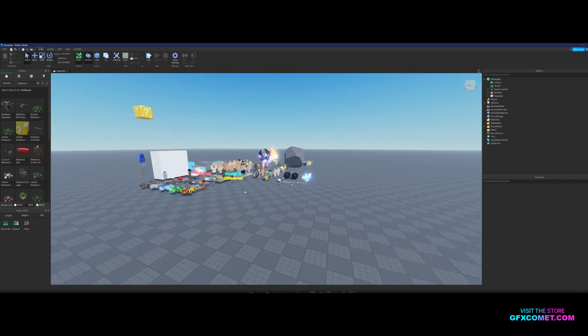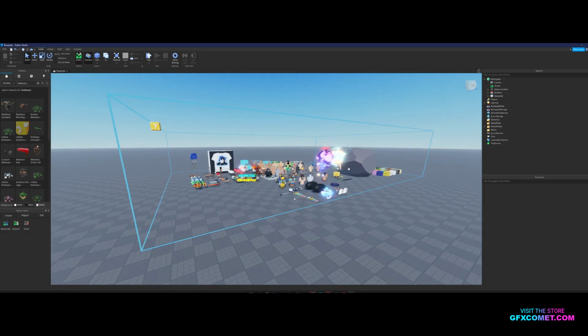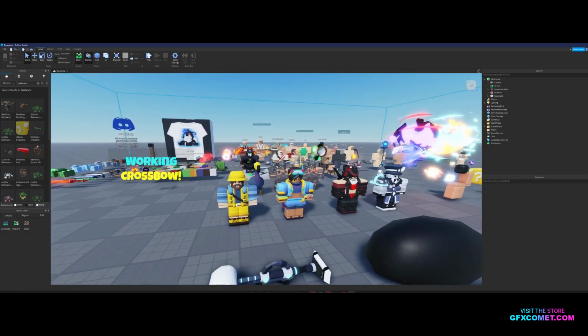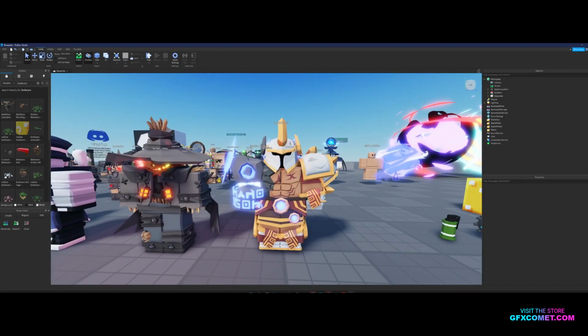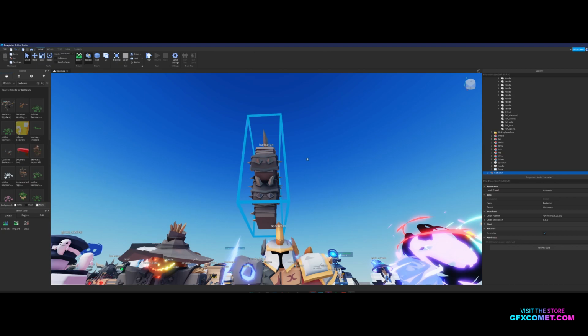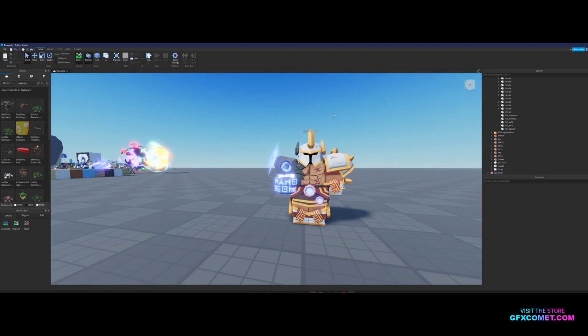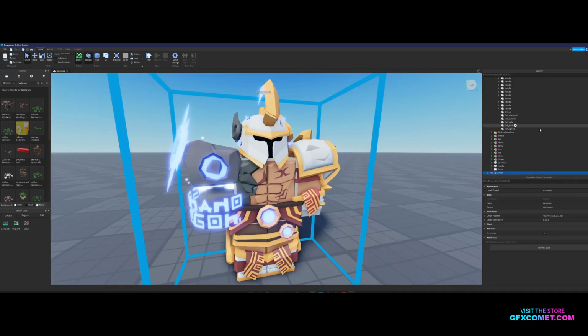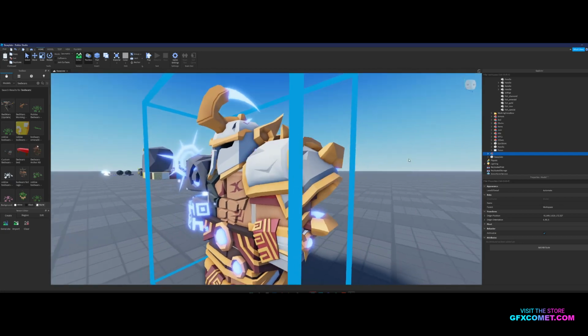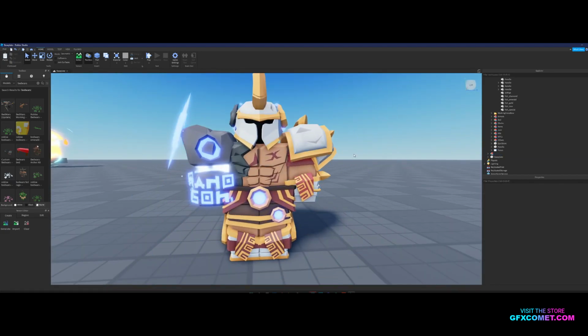So let's find a model that we should use. Alright, I like this model. This model is pretty cool. So apparently this is called the Aries kit. I was actually wondering why it's called Spearman, because it does not look like one, but it makes sense now. Okay, so